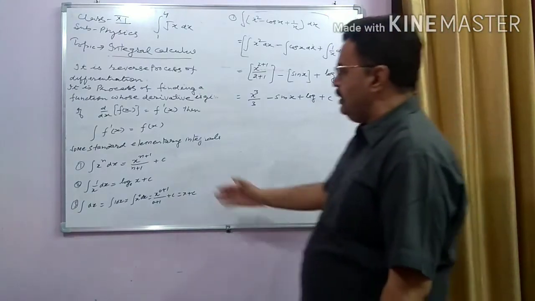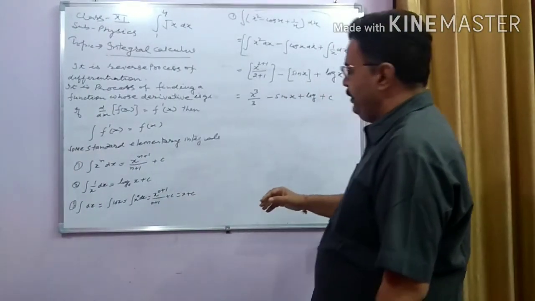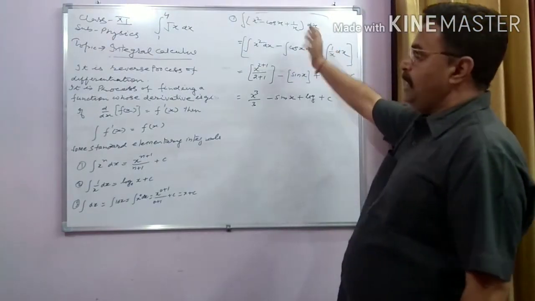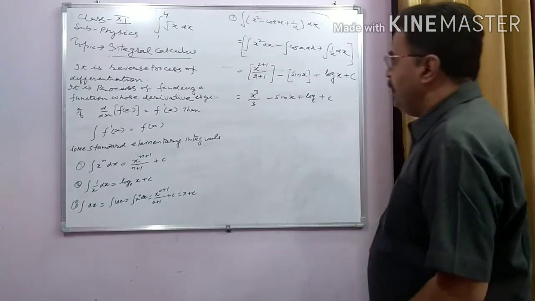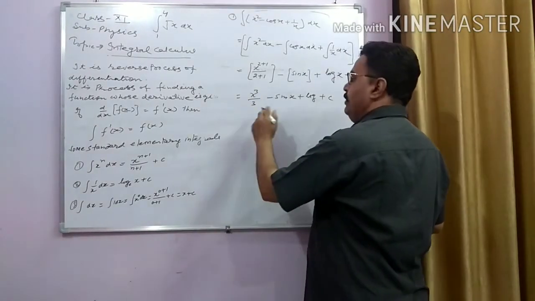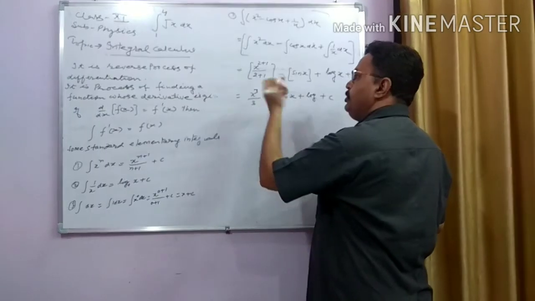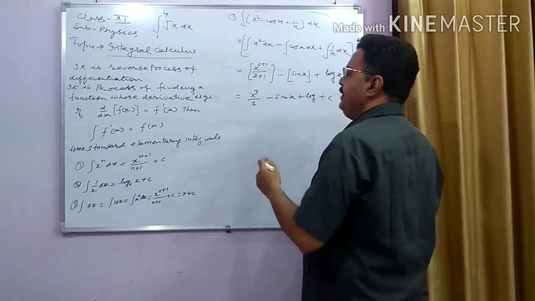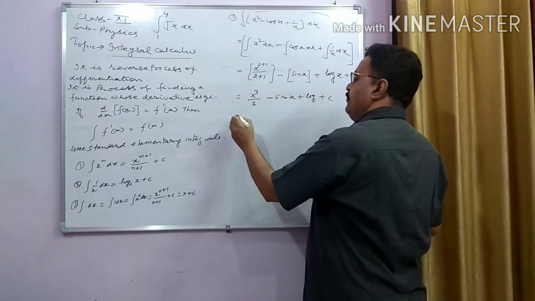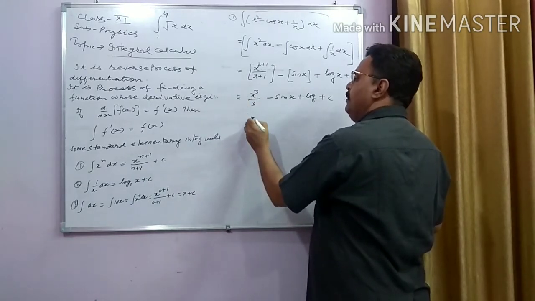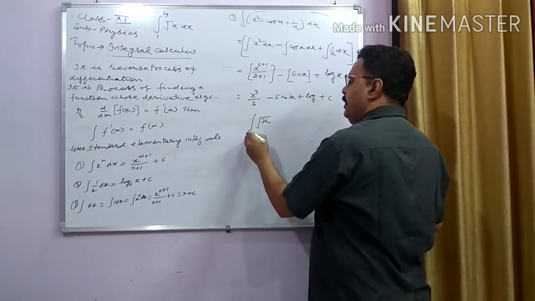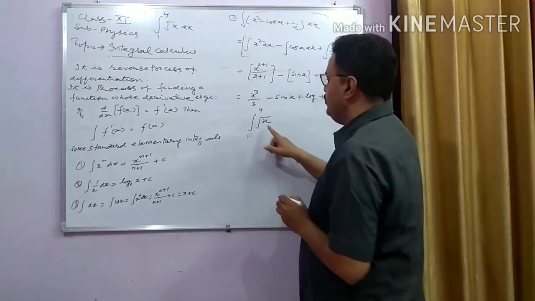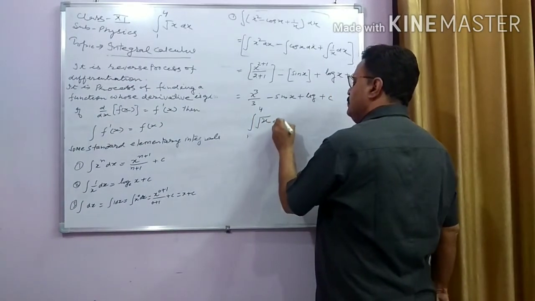So we can use this standard form of elementary integrations, then we can solve such types of simple problems which are related to the motion. Then a second example we'll take here. Suppose you are given a definite integral, then how to integrate this? For this, suppose you are given here x root x, with limits 1 to 4, this is the limit of this integration, dx.